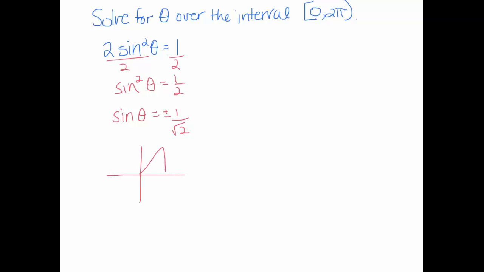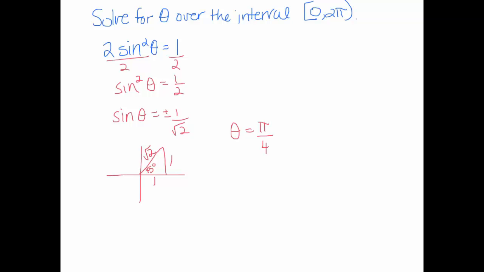So the first quadrant, if sine is 1 over root 2, that means that opposite is 1, hypotenuse is root 2. The adjacent side would then be 1, and we are looking at an isosceles triangle. So I know that this angle right here is 45 degrees. So my first answer